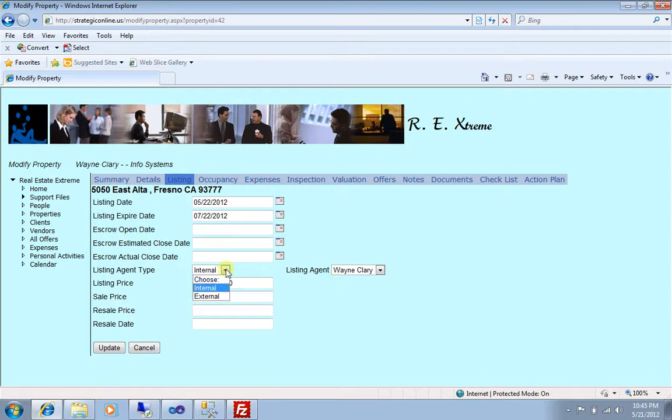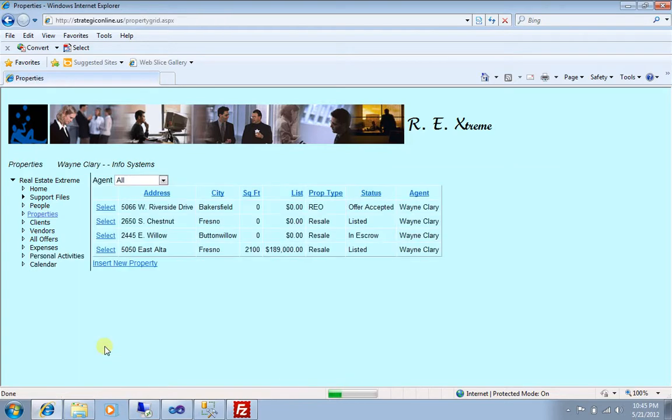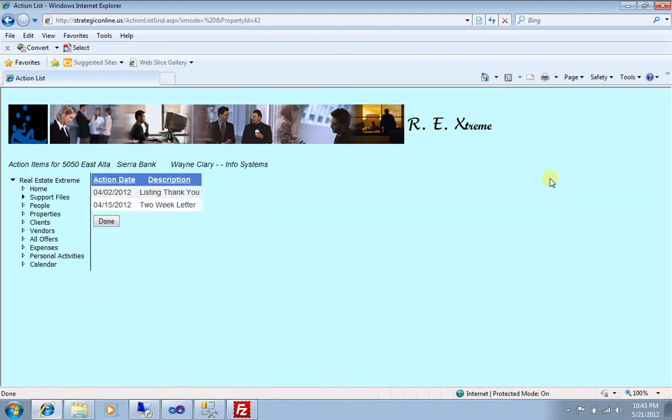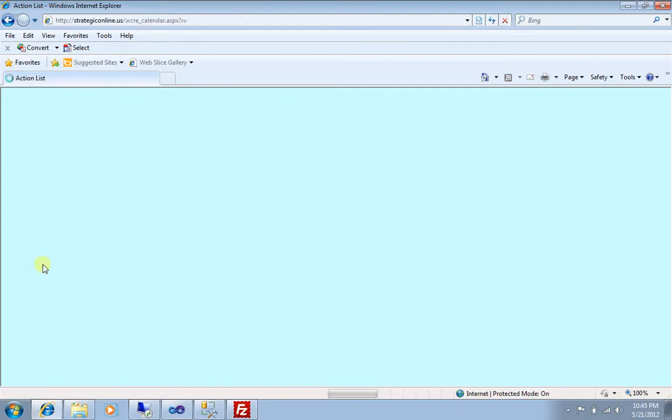If it's listed by someone outside your agency, you would put external. Okay, and you can choose your agents here. And then we're going to say update. And then if we go look at this property and look at the action plan, you notice that now those two letters that were associated with the listing status are there. Okay. All right. And then you can also go to the calendar